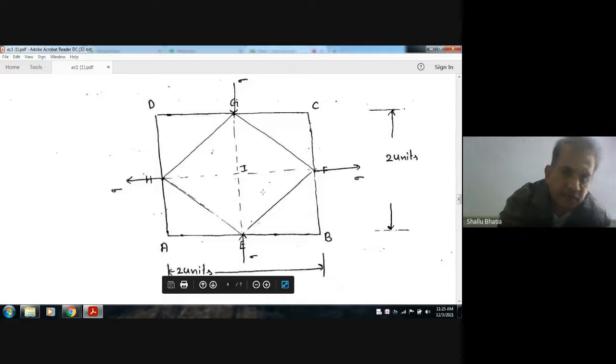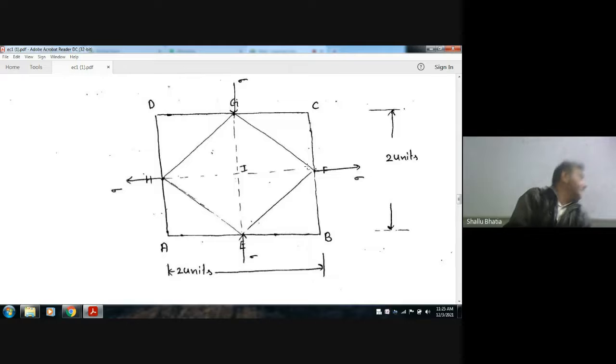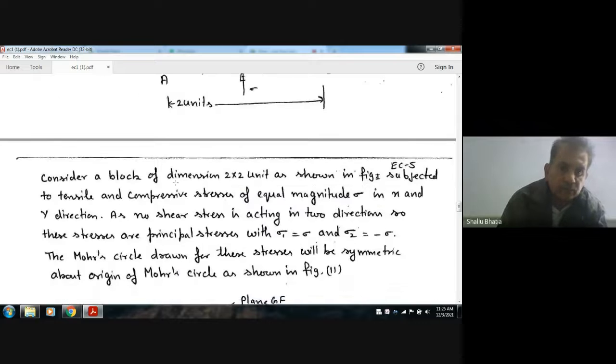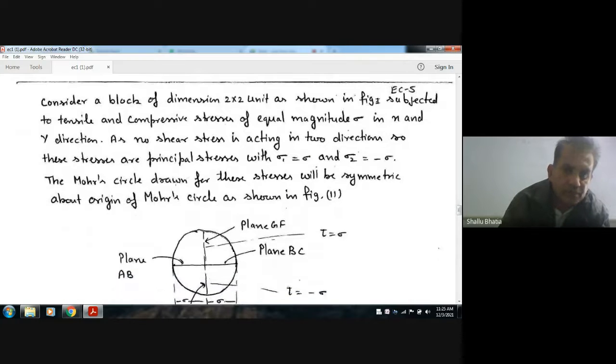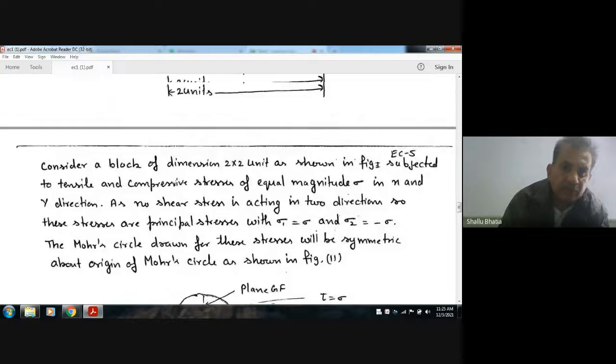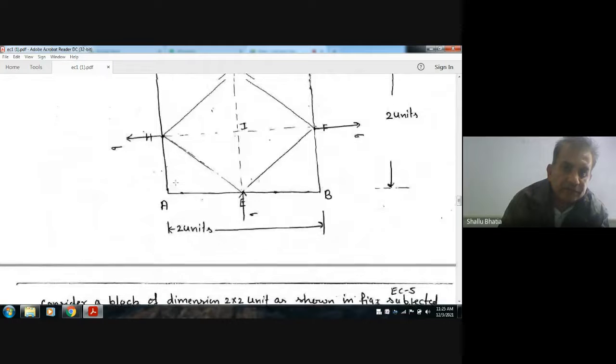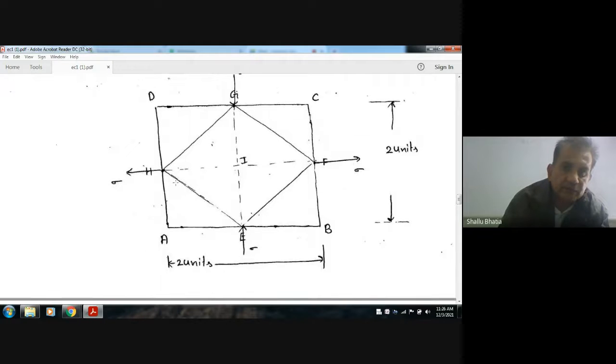The block is ABCD, and the points of application of load are GFEH. Now, if we draw the Mohr circle of these stresses,